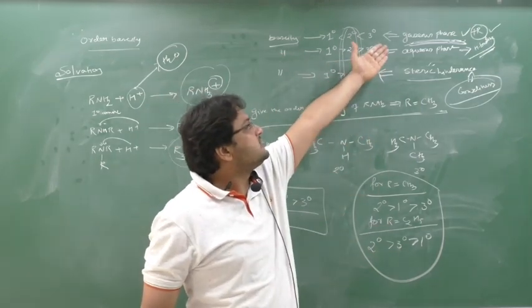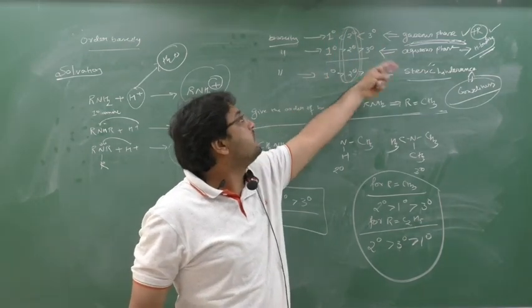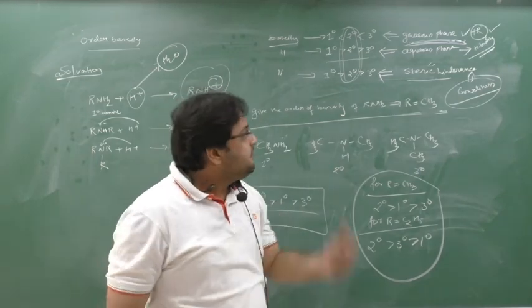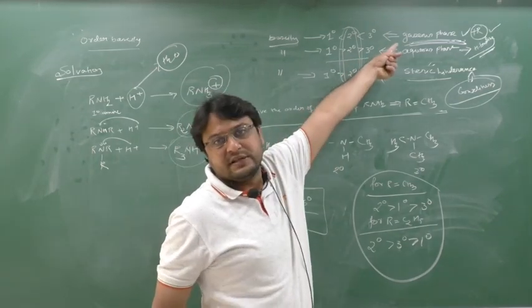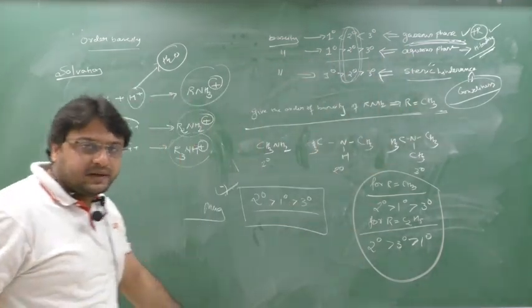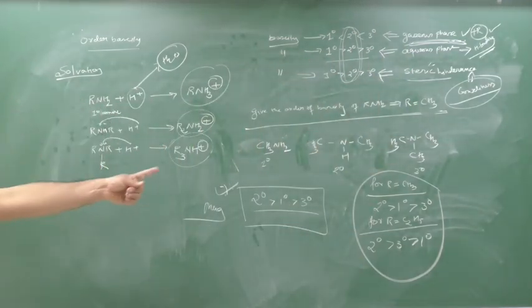If they give the gaseous phase for propyl, this will be the answer. Aqueous phase, this will be the answer. Steric hindrance, this will be the answer. Sir, if phase is not mentioned, go with the gaseous phase. It will not happen, but if it is not mentioned, go with the gaseous phase. Clear this part? Chalo, write down this. So this was an exception which I have told you.